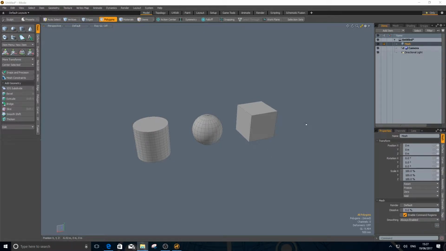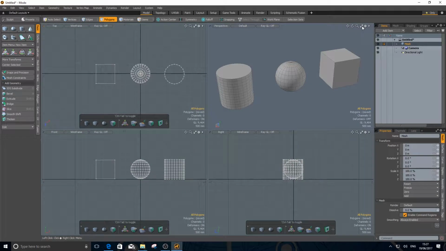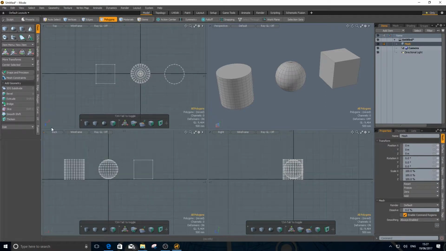Next, I'm going to discuss different viewports you have and viewport display options. If you look at the top right, see these two arrows. If you click on that, it opens a traditional 4 viewport setup, whereas this one's top, that's the front view and that's the right view. If you click on any of these, you could change this one, for example, to the left view. This one can be the back view if you like,